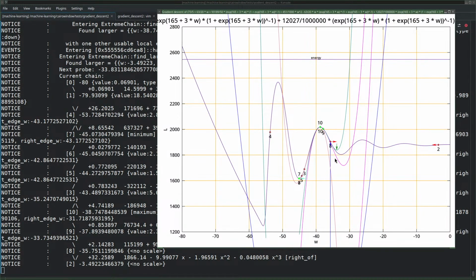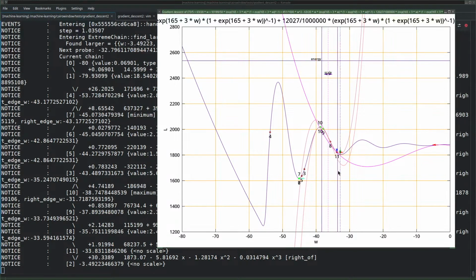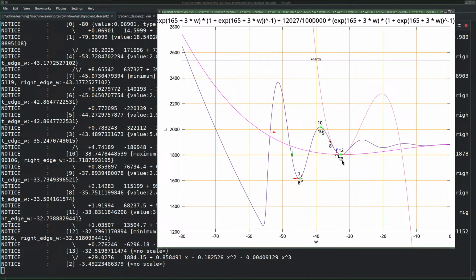and indeed the next minimum is between 8 and 2, and still, we found it. And then we jump back to 7, looking for a maximum, and now it says it must be between here and there, which are basically the only 2 points that we have here apart from that. But this is also correct. This contains that maximum,